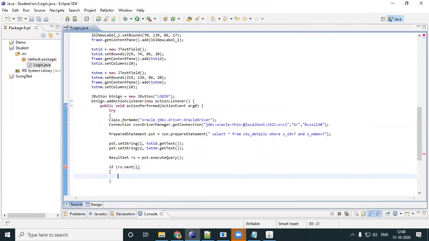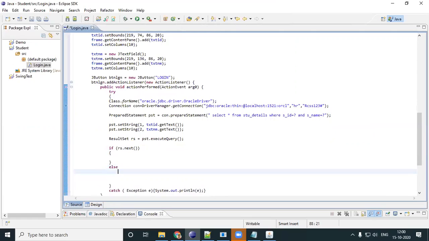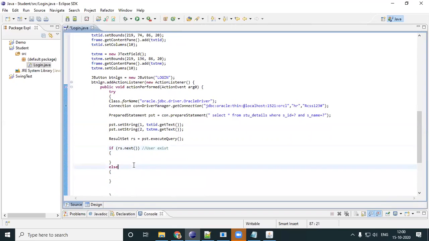If rs dot next, do something, else, do something else. If rs dot next, which means if there is such a result set, user exist. If rs dot next is not there, I can say user does not exist.